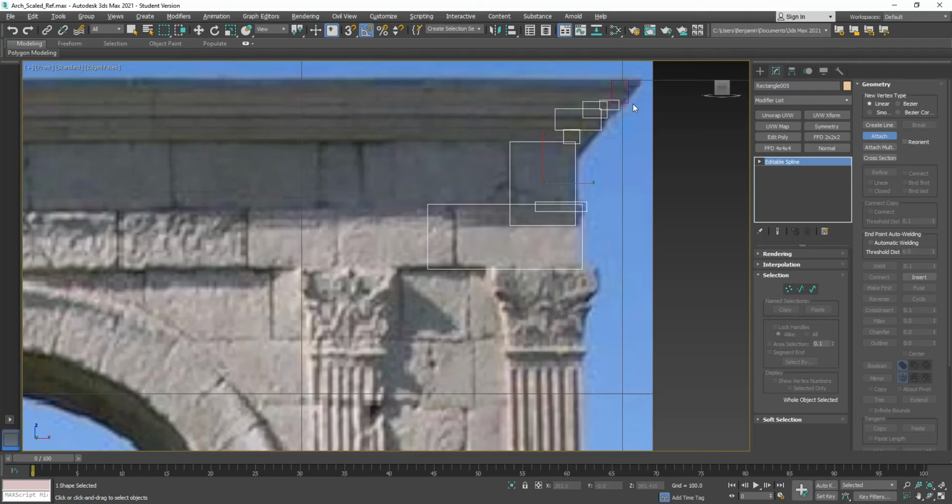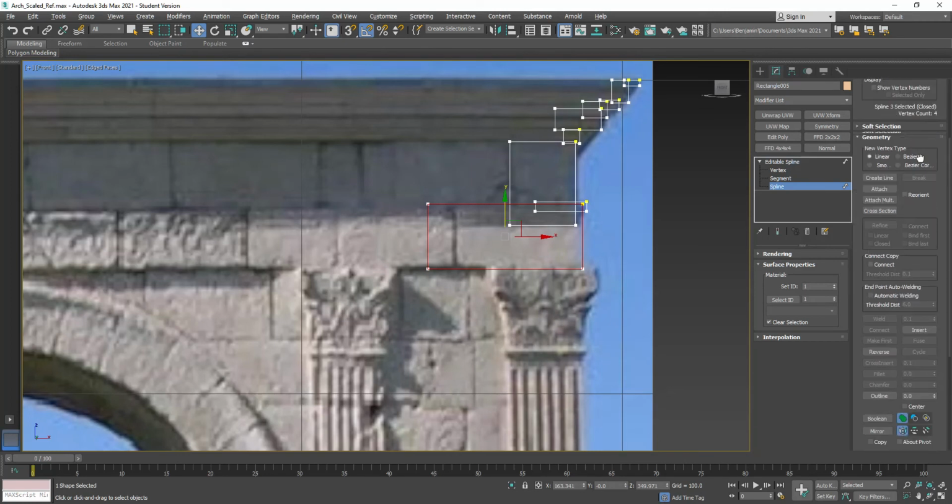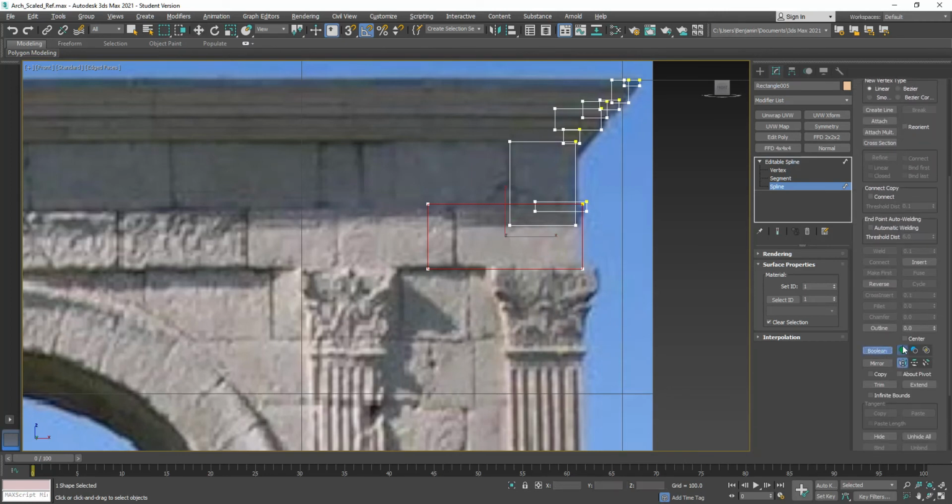Alright, so as I get all these different pieces and they're all attached, then we can go into spline, select one of them, and if we scrub through here under geometry, we want to go to Boolean, and we're going to use union. And so we'll just go through and start combining all of these different pieces together to make our object. So, alright, if I go to segment, I'm going to delete the top, and then everything that makes up the back side of this, as well as the bottom,